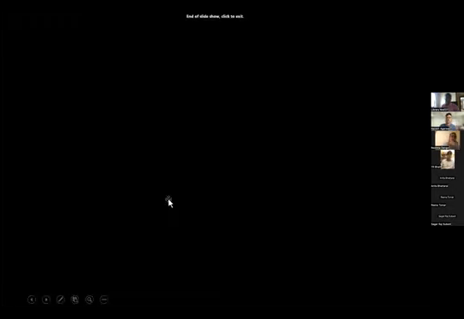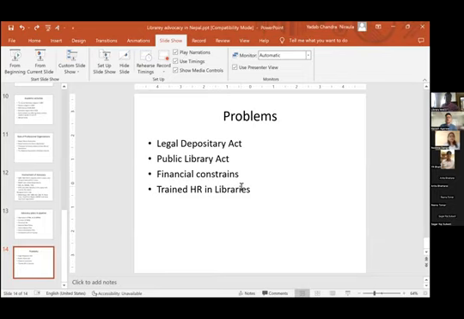And at the end, I want to draw the attention of our fellow presenters from other countries to how the Legal Depository Act is working in their respective countries, and how we can borrow that Legal Depository Act and the Public and Community Library Act. And we are also advocating, especially our